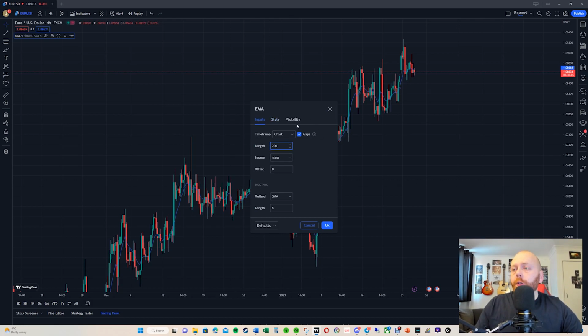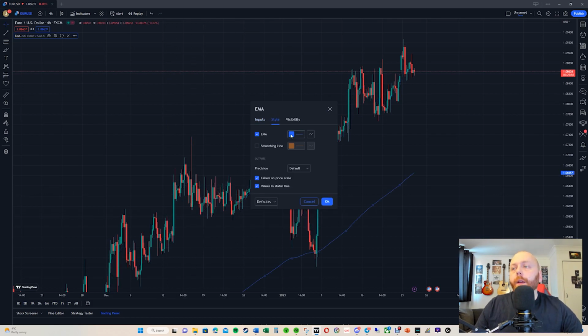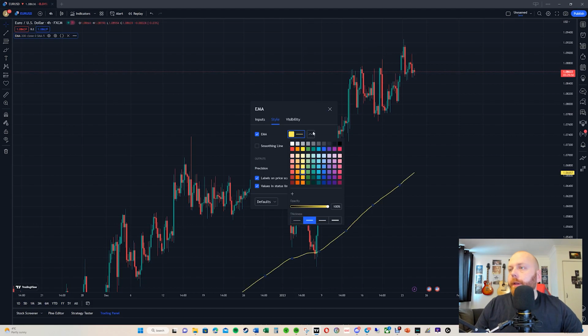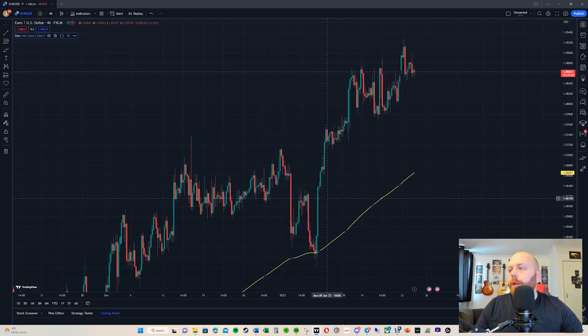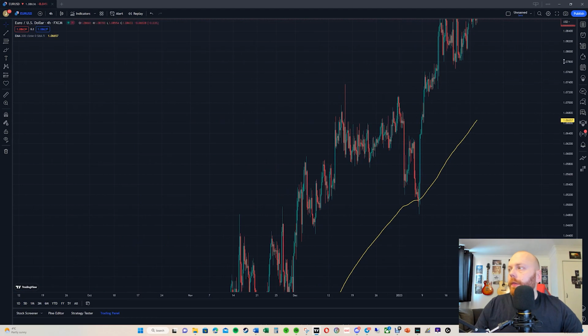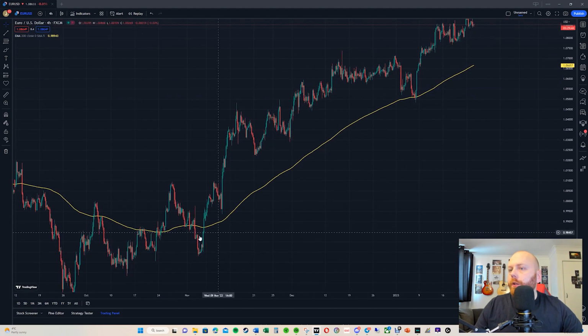Don't touch anything else in here, it's all set up right as it is, but maybe I want to change the style of the EMA because I'm not fussed on the color blue. I'll go in here and maybe change it to yellow and maybe make the line a bit thicker so I can see it better. Brilliant. Now you can see here that the line has changed completely where it is on the chart,